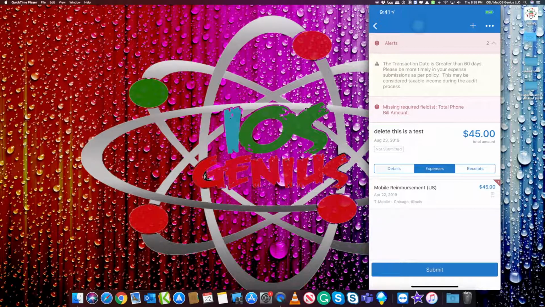But I'm sure in due time, if you keep submitting more older and older ones that you forget to do, you're kind of stuck paying for the bill. They're not going to refund you your money or provide you credit for that money. Now, right below that, it says missing required fields, the total phone bill amount. Now, the total phone bill amount was not listed in the previous screen before I moved it to the report